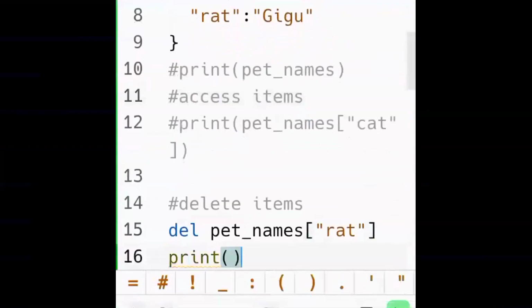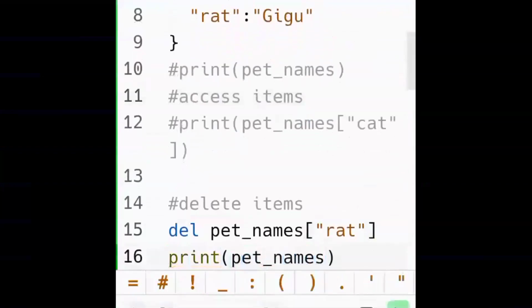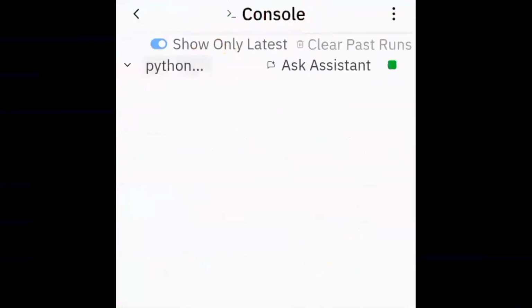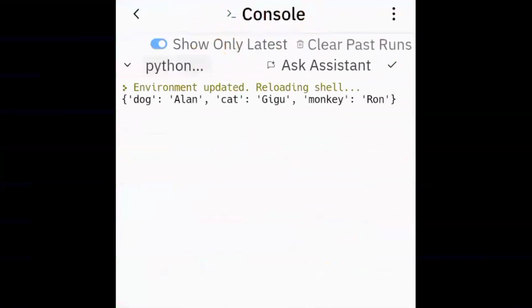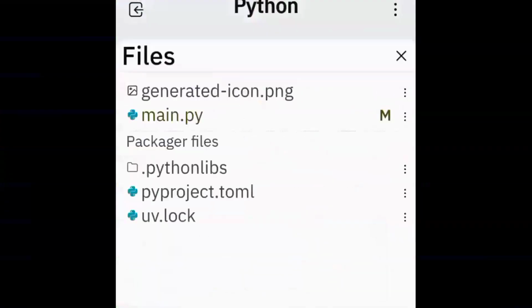Okay, I didn't print it out, that's why it was not showing the outcome. I have to print the result, right? So first you need to delete, specifying what you need to delete by showing the key in the square brackets. After that, you need to print out the dictionary again. And then to check whether the deleted item is gone, yeah, there you go, the deleted key value pair, rat and the value Gigu, is not showing up inside the resultant dictionary.